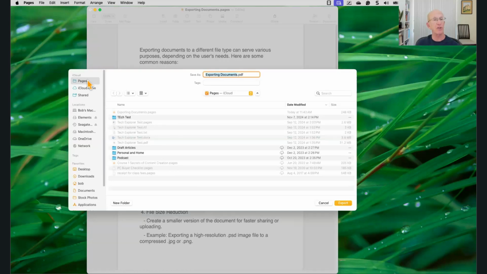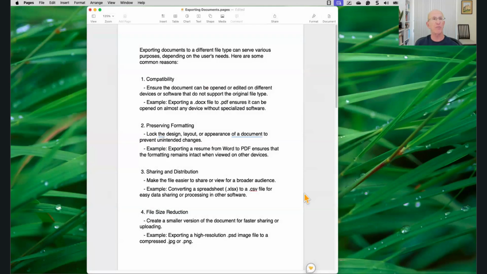Now I'm in Pages, and Pages documents get automatically saved in iCloud unless you tell it to do something different. So this is my iCloud account. And so here's the exporting documents Pages file, it's kind of grayed out because I'm not really working with it. But if I save this exporting documents PDF and click on export, it'll be in my Pages account in iCloud